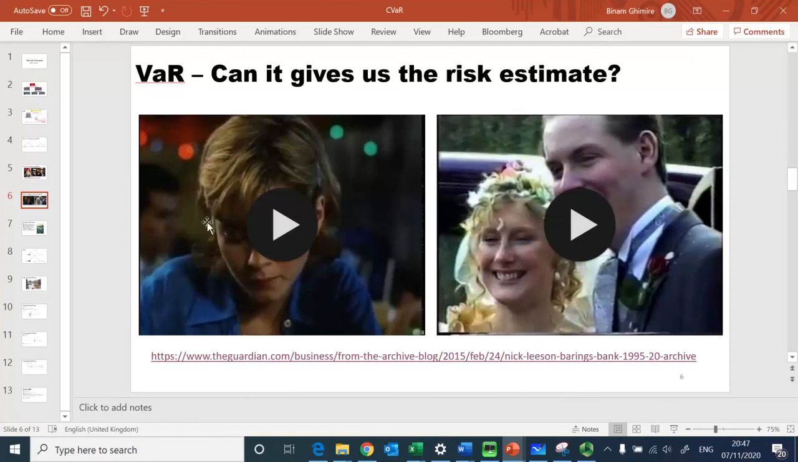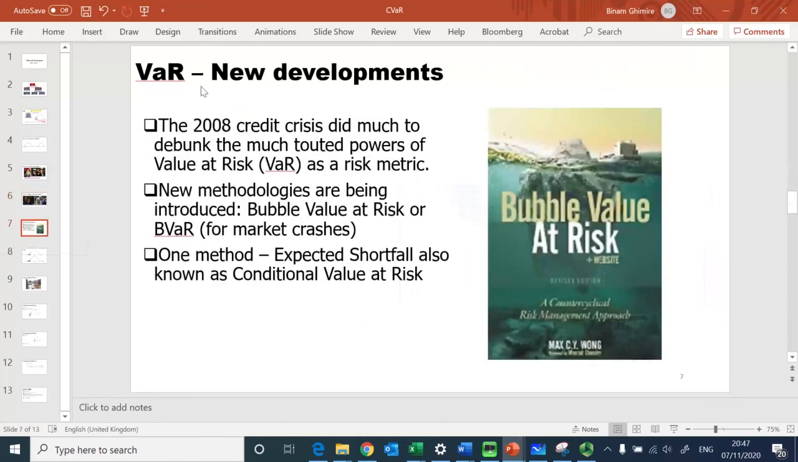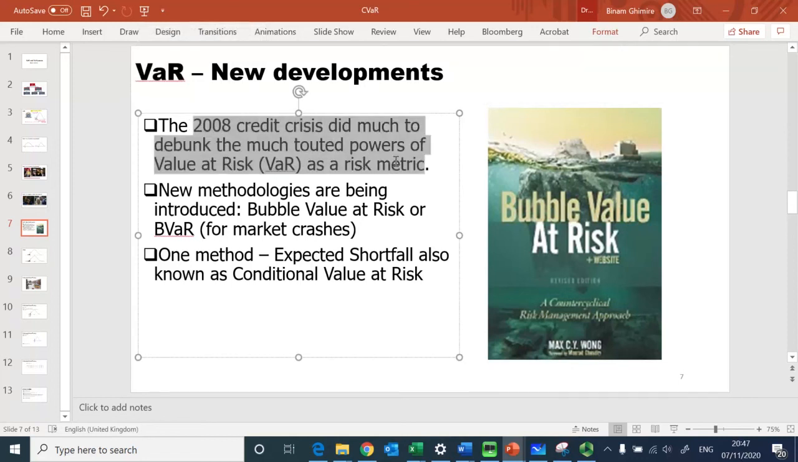But on the whole, what I would also like to say is, how good is VaR? Can VaR help us overcome the risk such as those we faced during the financial crisis? Again, the answer is, it will not be able to capture extreme events. Therefore, there are new concepts such as bubble value at risk. However, what we can say for sure is the method that we just discussed, expected shortfall or conditional value at risk,